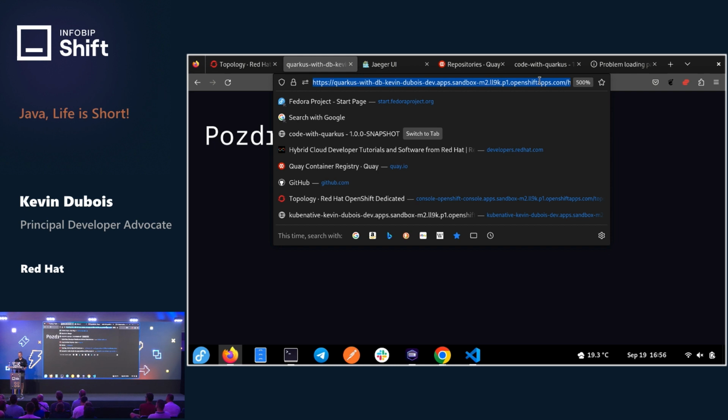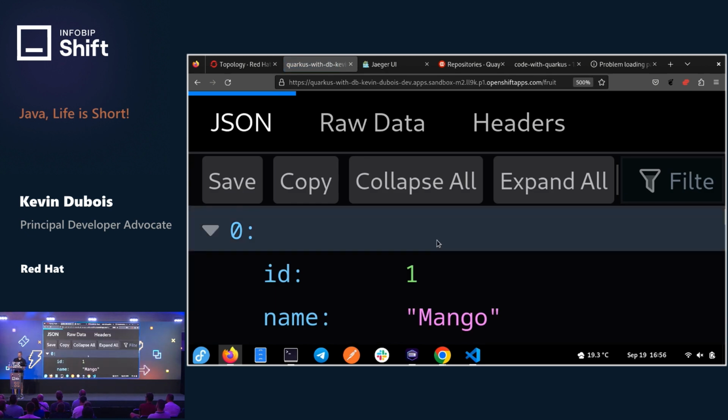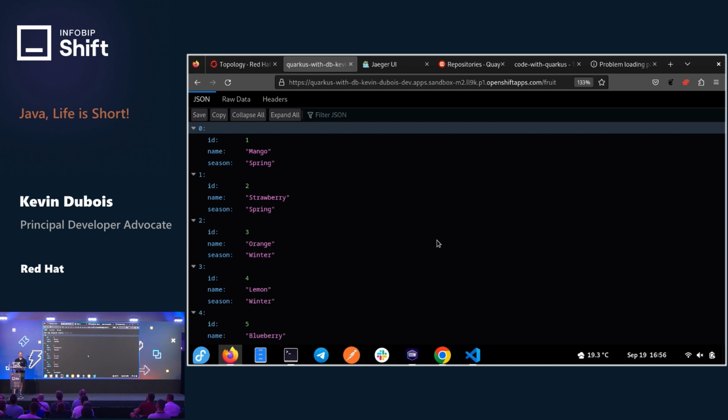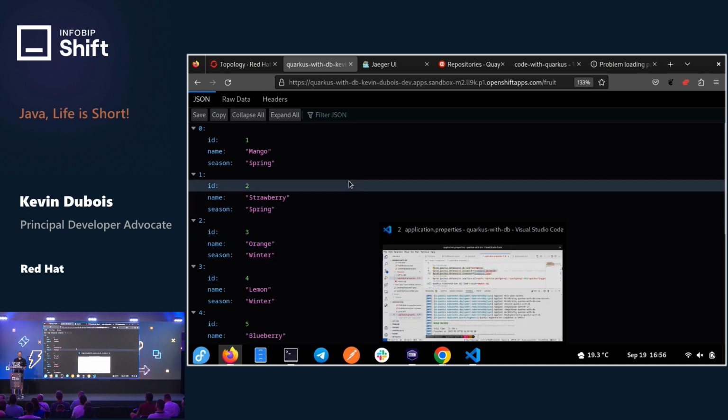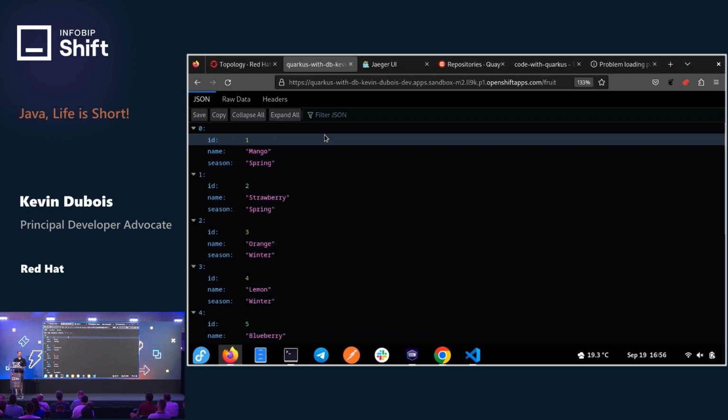So that's our hello endpoint. And then let's see if our database also is working, right? So we have our fruit endpoint. Wow, that's really big. Okay, so yeah, this is using the database in our cloud. So in just a few minutes, I was able to build my container image. I could have even pushed it to a container image registry and then deployed it directly from there to my Kubernetes cluster. So I think that saves me a lot of time,